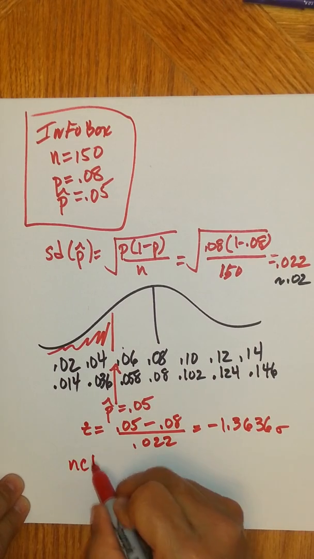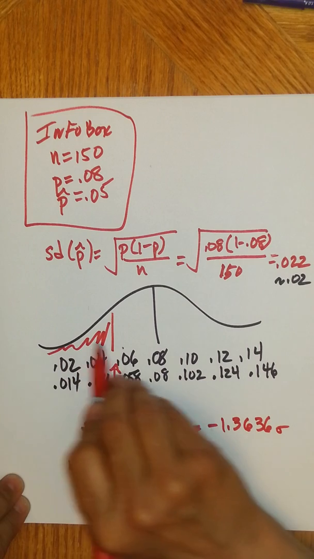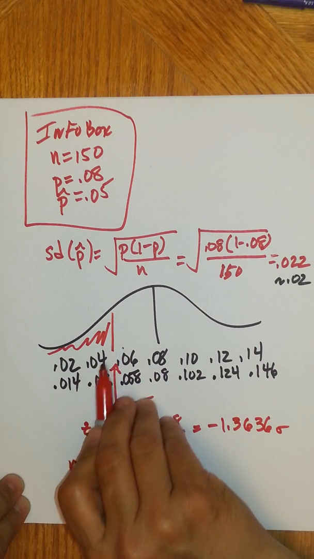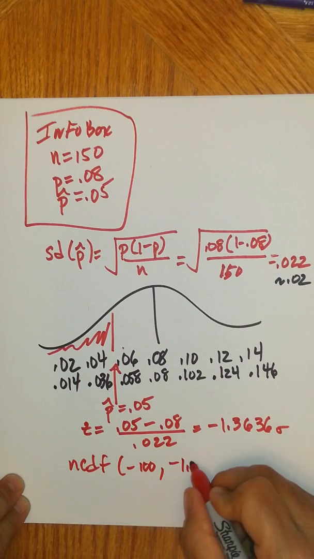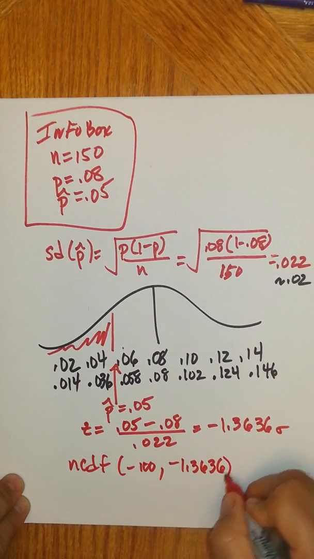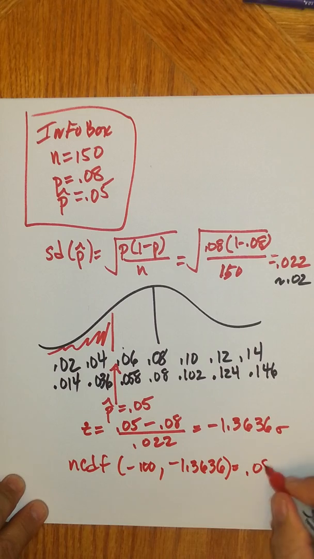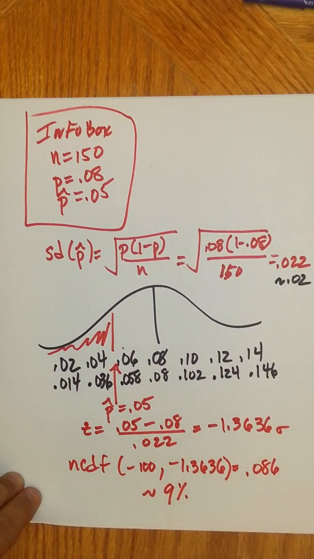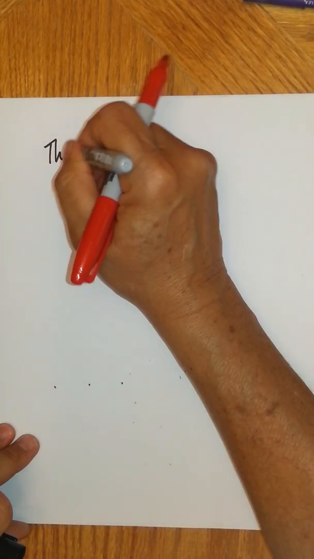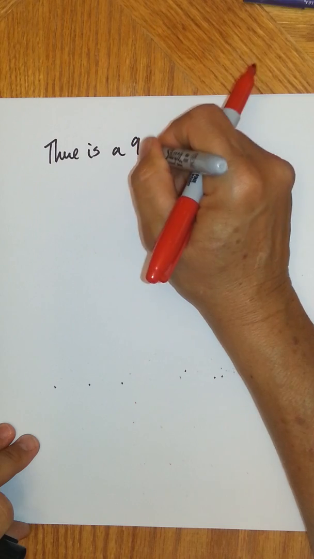And now when I do normal CDF, I'm going to go from negative infinity to this value 0.05, but that's really going from negative 100 standard deviations to negative 1.3636 standard deviations, and I get 0.086, so let's say about 9%, all right? So what that means is there is a 9% chance